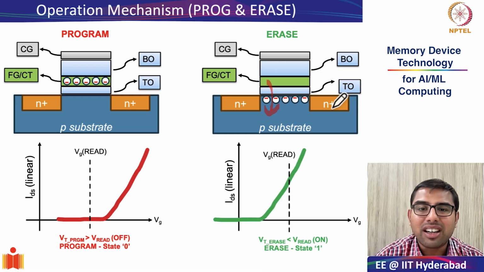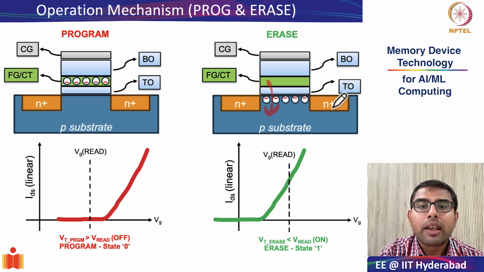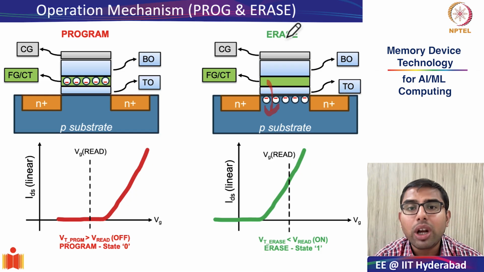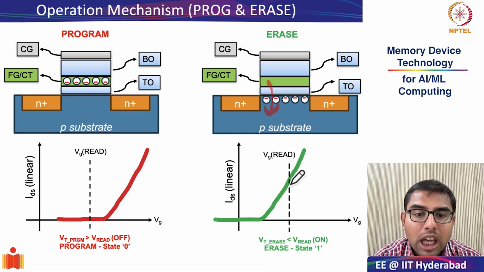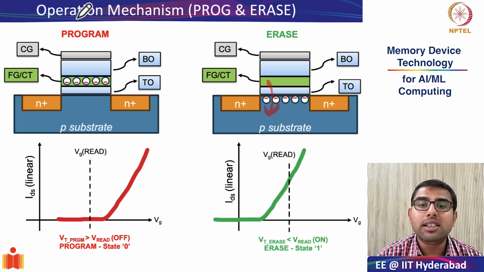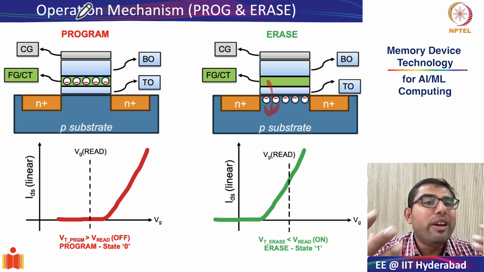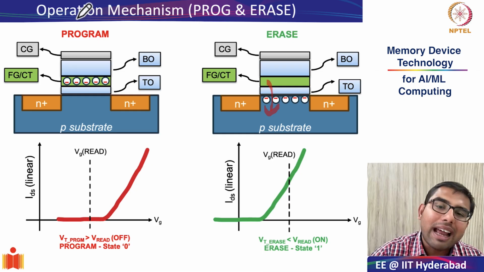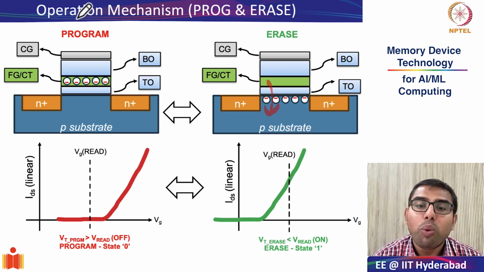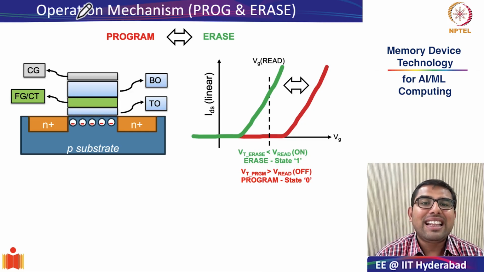As a result, the threshold voltage of a flash cell which has undergone an erase operation will of course be much lesser as compared to that in the program operation, by virtue of the fact that it will behave more like an ideal cell with no trapped charges. Since these are not two different structures but operations happening in the same structure, it may be worthwhile to integrate them in the same schematic.